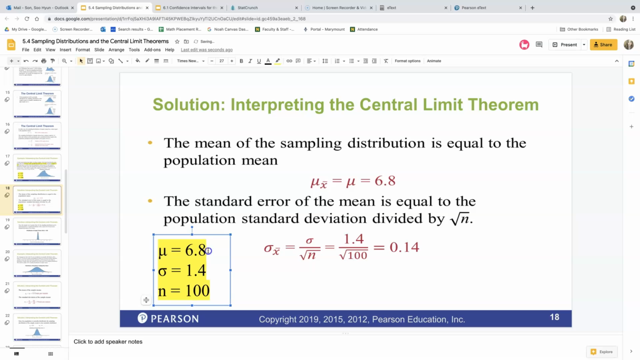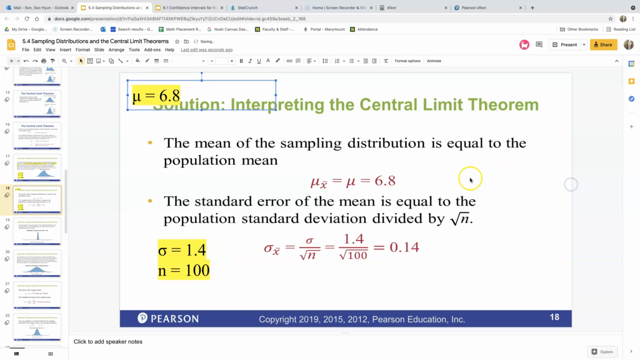Remember, we noted that the population standard deviation was 6.8. So that's why they're saying the sampling distribution will have a mean of 6.8 right there. You see that part right there, right? Now the hard part is figuring out the standard error, which means the standard deviation of the sampling distribution of